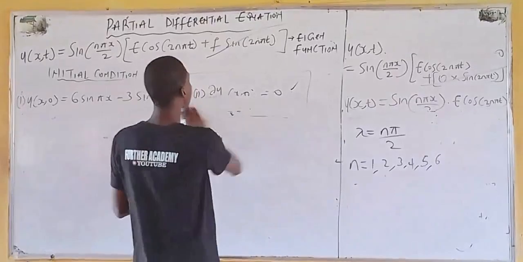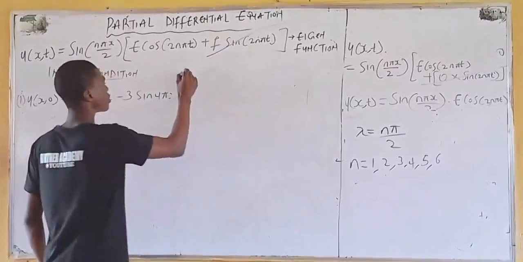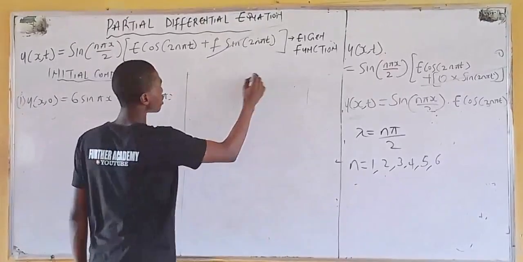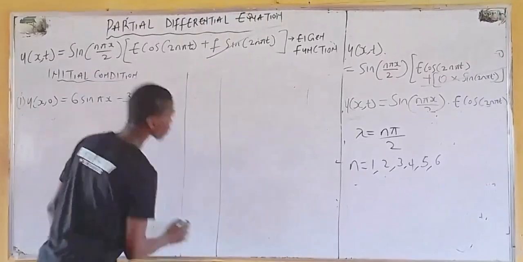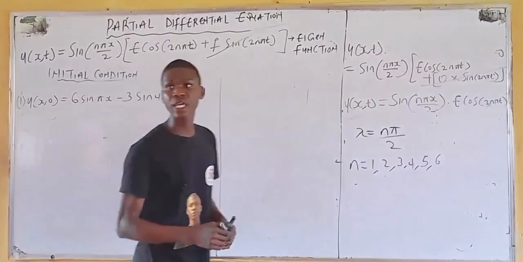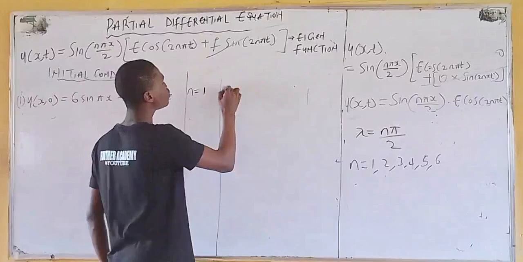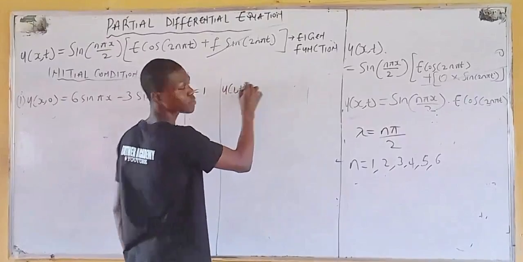Okay, to understand what I'm saying, let's just do it here. When n equals 1, let's get our wave equation. Meaning, I'm having u as a function of x and t,